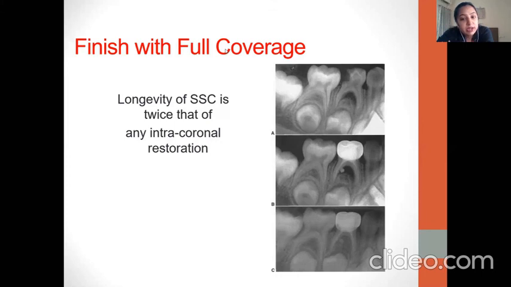interradicular area. कैसे हुआ होगा interradicular area में? क्योंकि accessory canals रहती हैं. We all know that maximum accessory canals are at the furcation area in a deciduous tooth. ठीक? तो ये accessory canal से बाहर निकला हुआ है. But see, in the third picture, what you see, the bone has nicely healed, engulfing that calcium hydroxide. The bone has completely healed. So this is the beauty of pulpectomy. It fails in very few cases.